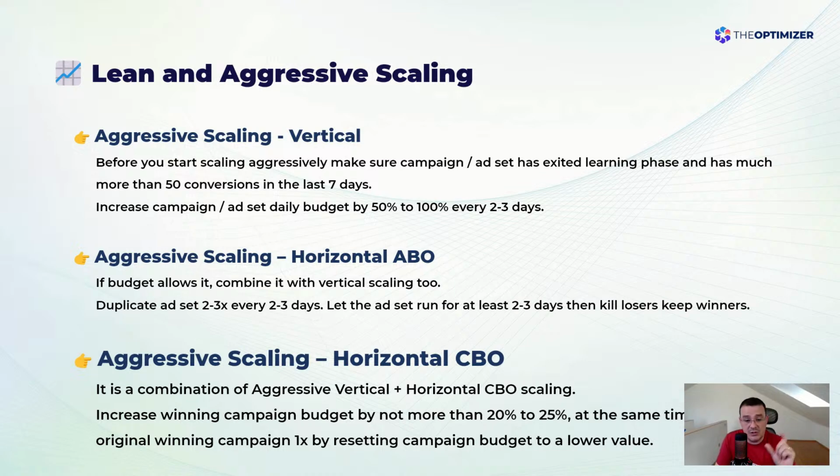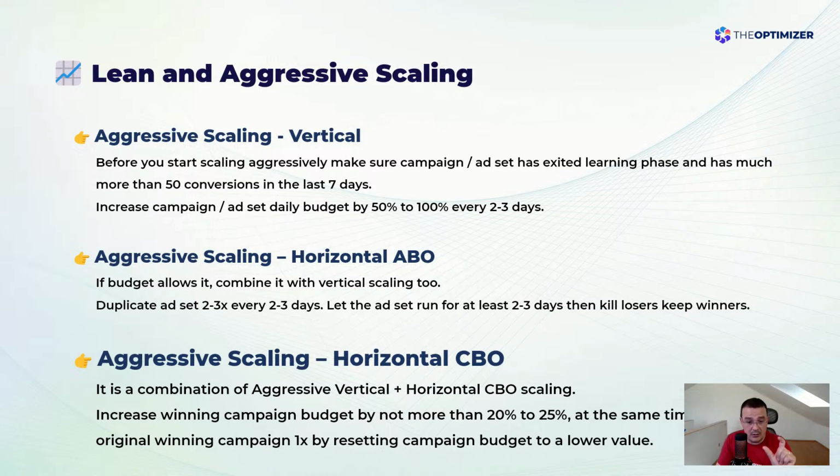If you're doing horizontal scaling and you want to do it aggressively, you duplicate your best winning ad set 2 to 3 times. If you want, you can go even higher, but 2 to 3 times is still considered to be aggressive, and you do it every 2 to 3 days. So you let them run 2 to 3 days. You kill losers, you keep winners. Then you do aggressive scaling